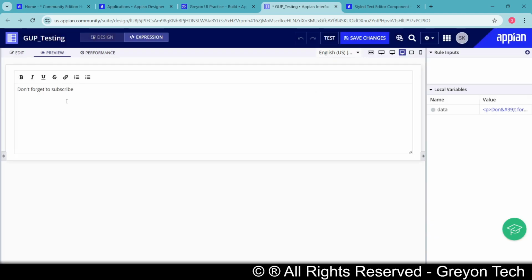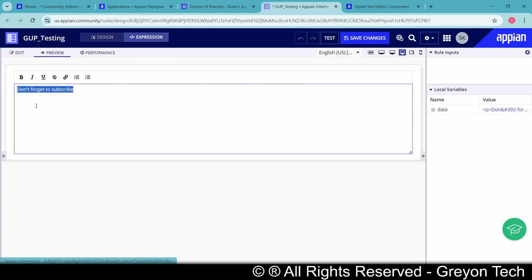Now, the beauty of the Appian styled text editor component is that whatever you are writing, it will be entirely derived into HTML code internally, and this is how your component will be working.